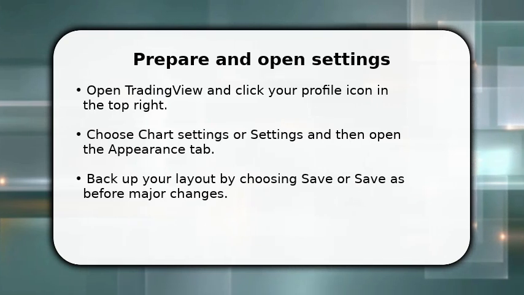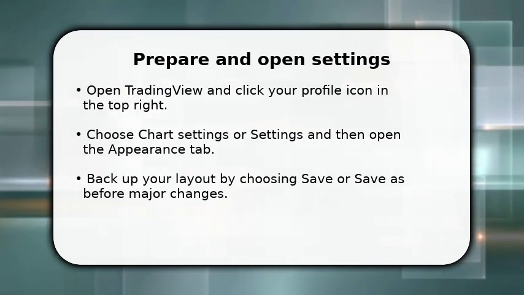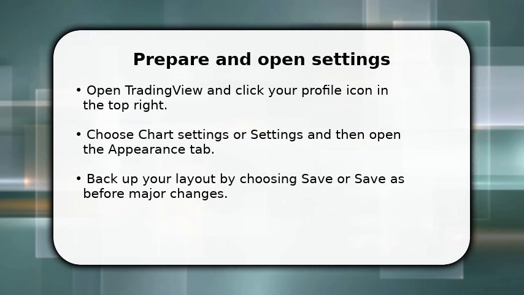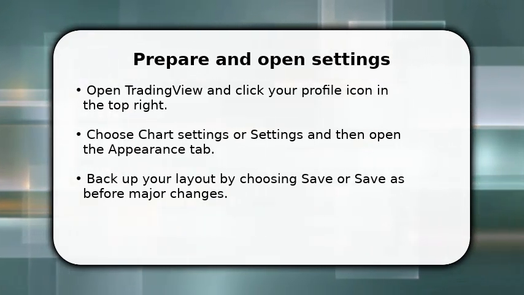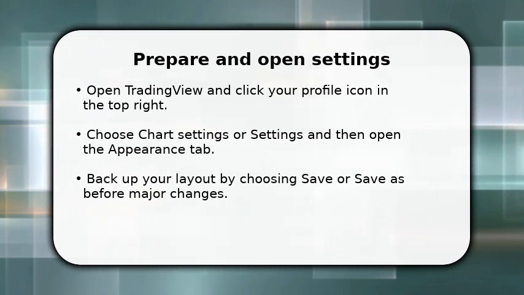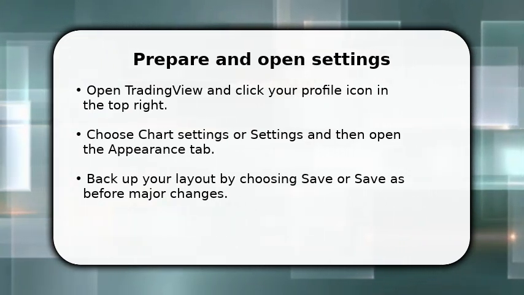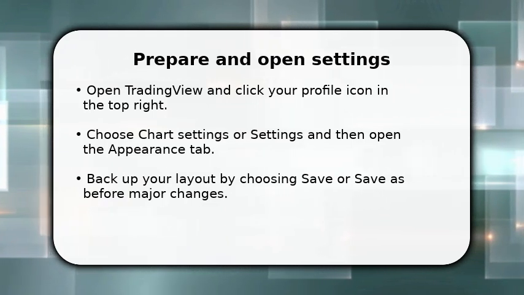Enjoy the video. Open TradingView and click your profile icon in the top right. You want to access chart settings or settings, so choose that and then open the Appearance tab. In Appearance, you can switch the overall theme to light or change the background color to #FFFFFF for a true white